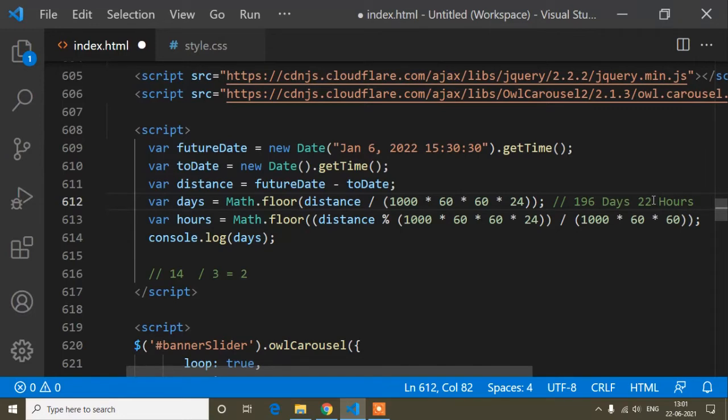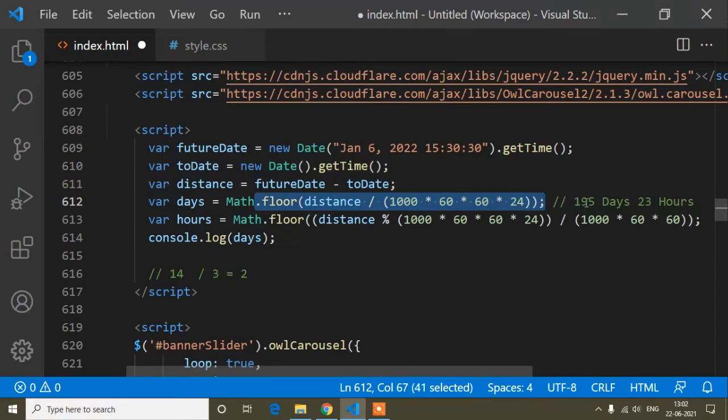When 24 hours are completed, I mean 1 day will be completed, so at that time the hours will start to count again from 24 or 23, and days will be reduced by one, because 24 hours is completed, so that means 1 day is completed, so days will be reduced to 195 days. That is actually the calculation, like here. So first of all, in this calculation I am getting the day.